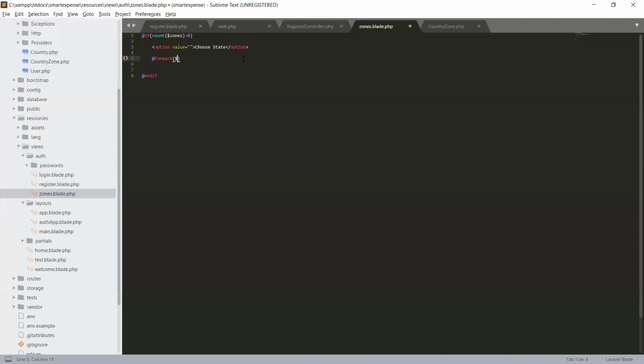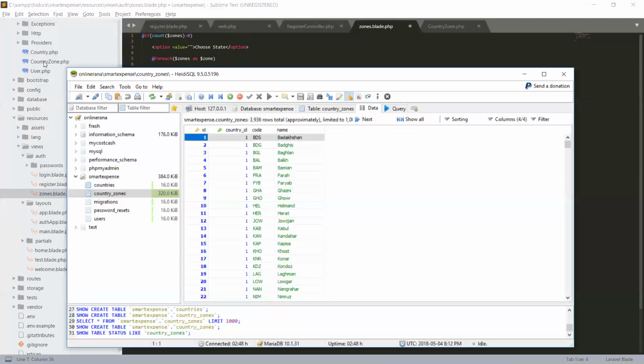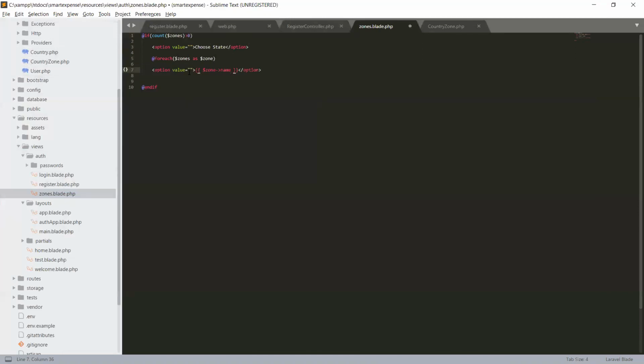and here we will say zones as variable zone, and we create an option, and its value we will use Blade syntax, and the zone will be the name of the zone, and where is the name of the zone, country zone, this is code and this is name.